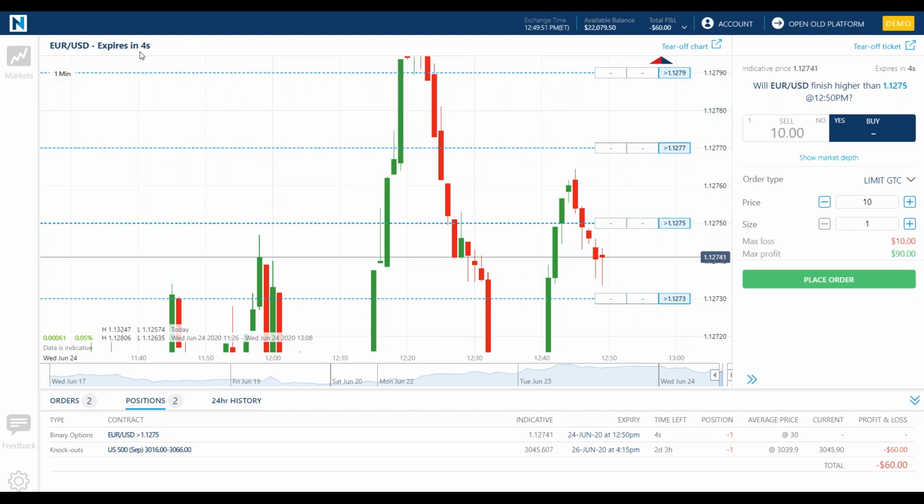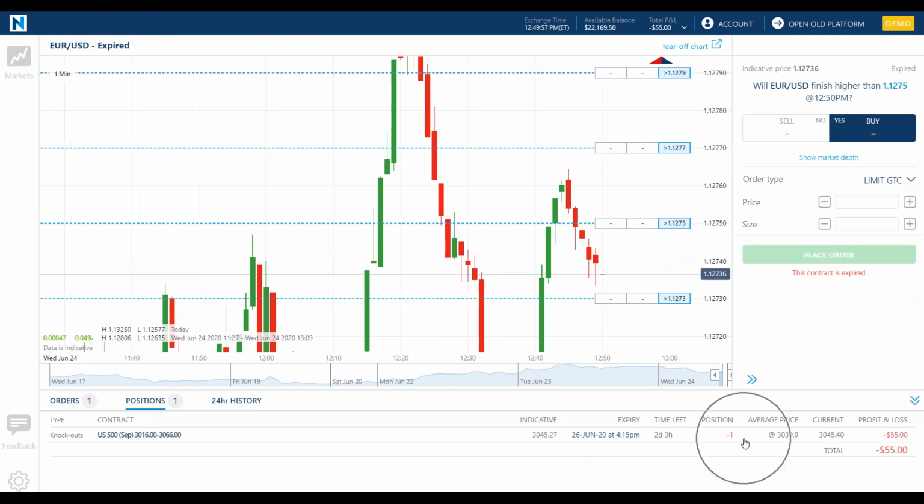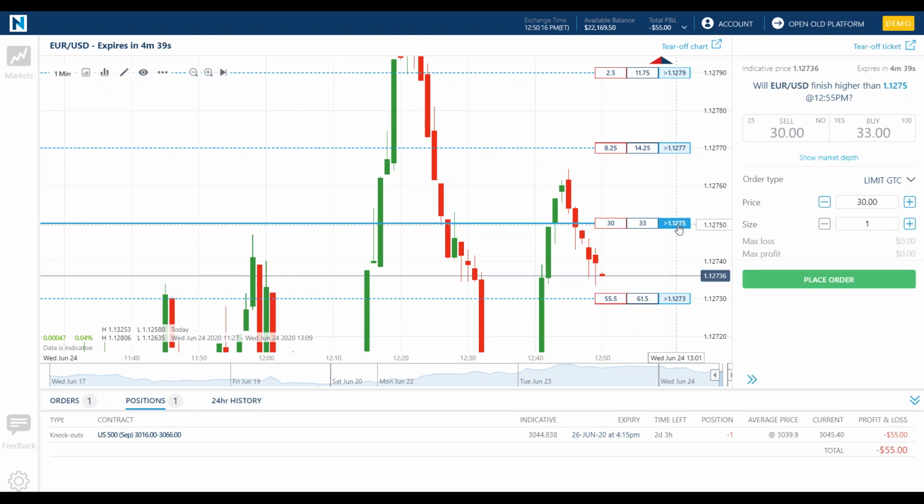That's it. This thing settles in 1 second. It's over. Okay, I sold it at 30. I made my $30. That's it. Now, I could have lost 70 if it had rallied above, but that's how binaries work. I wanted you to see that because it is very dynamic. And you can see how this contract already expired, and then as soon as that contract expires, we list new ones, and a new game begins.